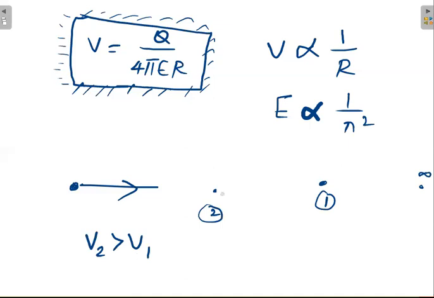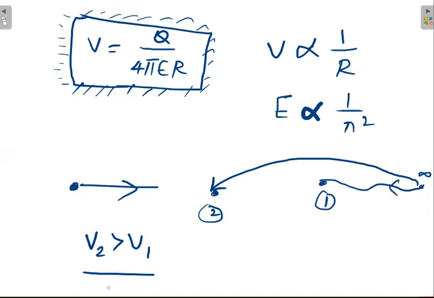But do you think that achieving V2 is as easy as achieving V1? It is not, because as compared to V1, for V2 you are spending a lot of energy, since you have to go from here to here somehow. So the energy spent for V2 is greater than for V1. Then what is the advantage? Once you come here somehow, if I release this charge, it will go very fast. If I release the charge at the other point, it will go very slowly, because there the kick is less and here the kick is more.